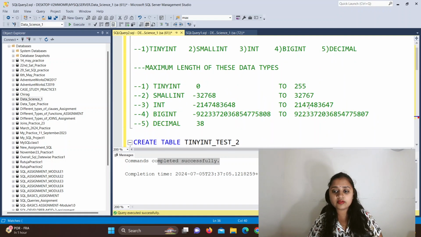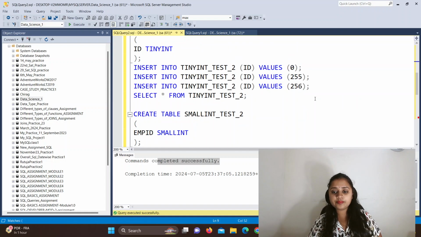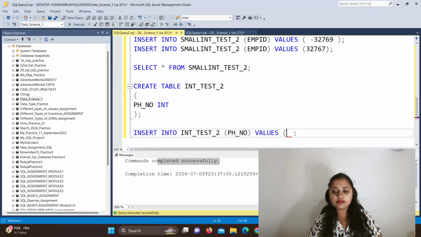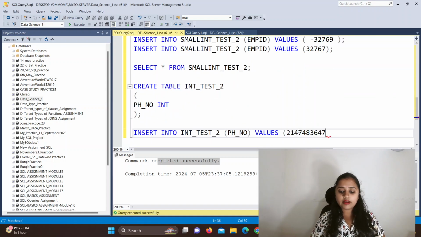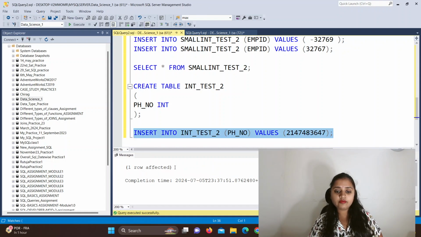Here it is allowing us to give a number from this value to this value, so we'll put this value first. Control C. Now here Control V, and hit the execute button by selecting this. See, one row affected.